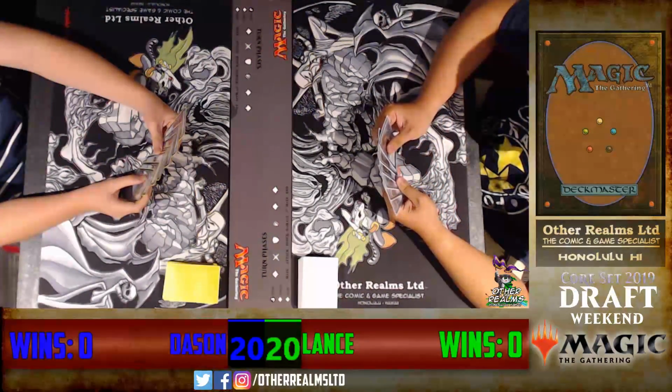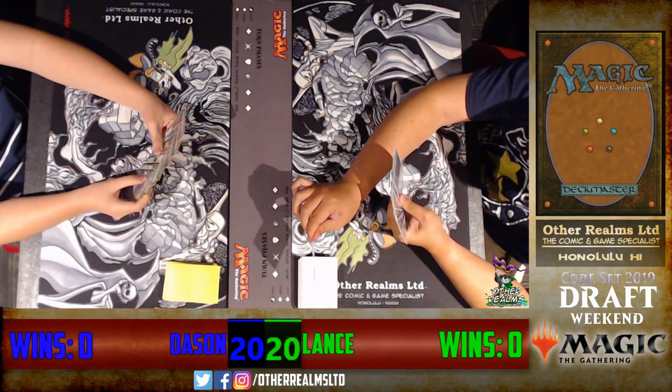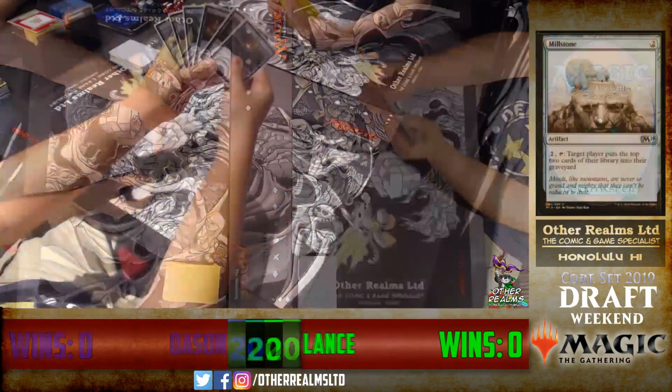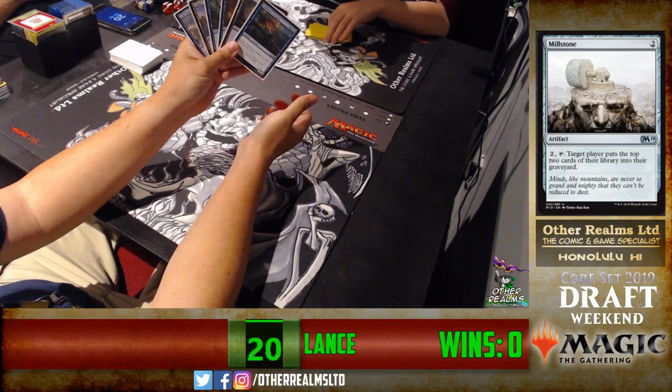If you guys don't know at home, and if you're new players, one of the ways that you can win a Magic game is if your opponent tries to draw a card and is unable to because they have no more cards in their deck, you win the game. Huzzah! So the way a Millstone deck works...